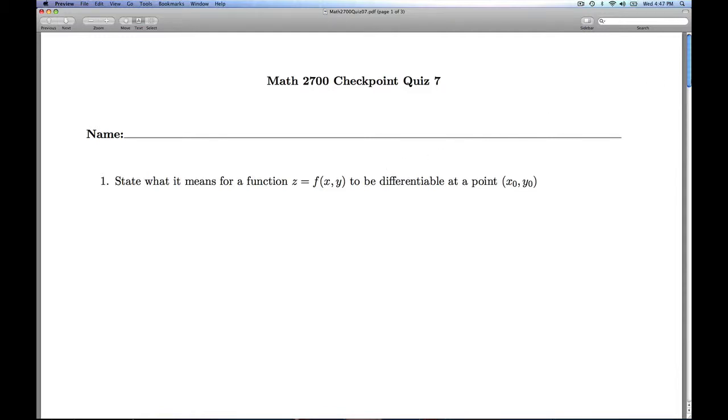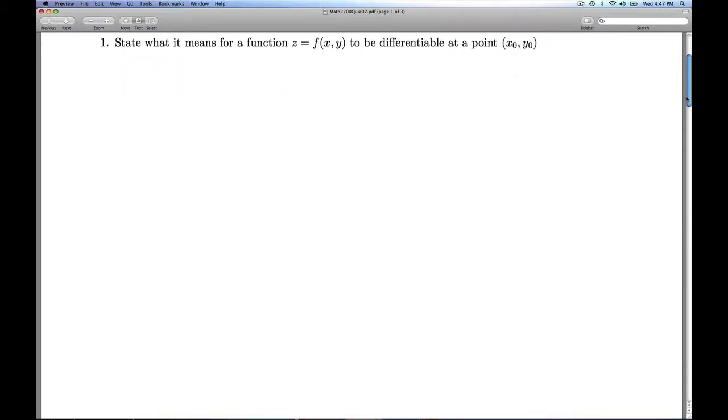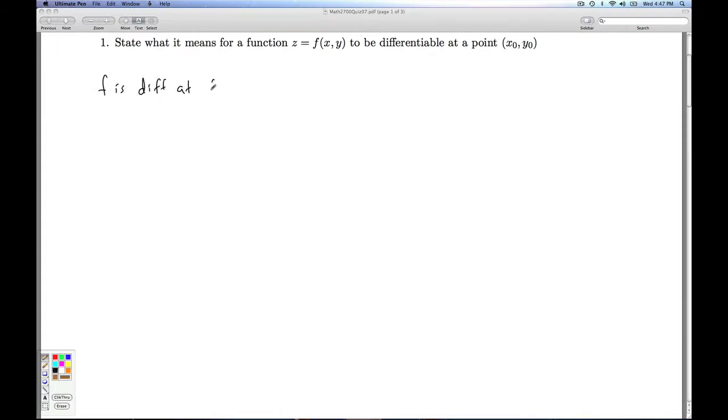Hi folks, this is Calc 3, Checkpoint Quiz 7. Number 1, we're asked to state what it means for a function to be differentiable at the point x naught, y naught. So, f is differentiable at x naught, y naught